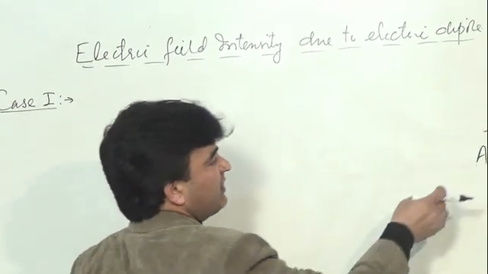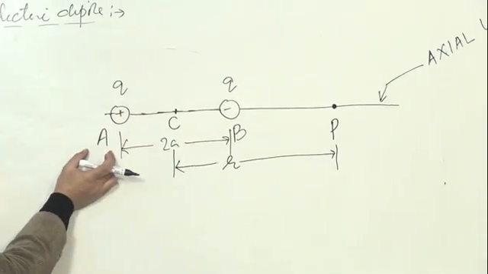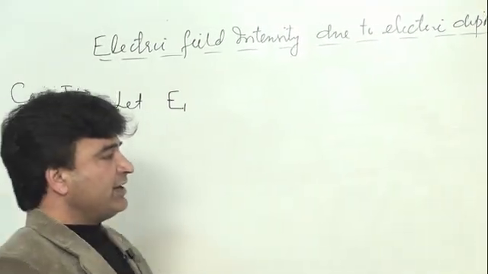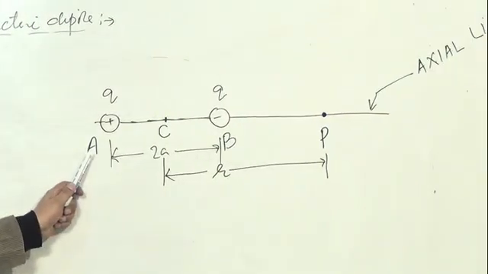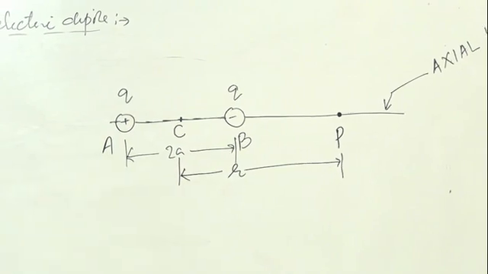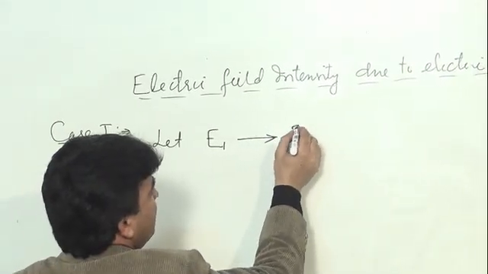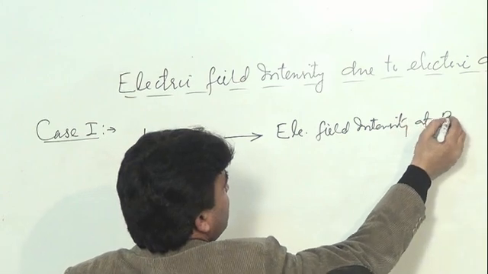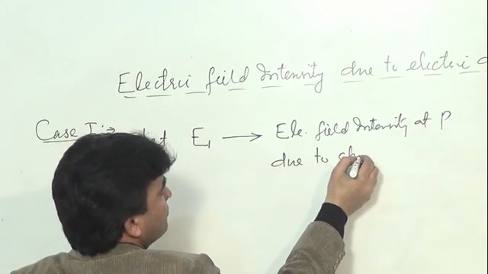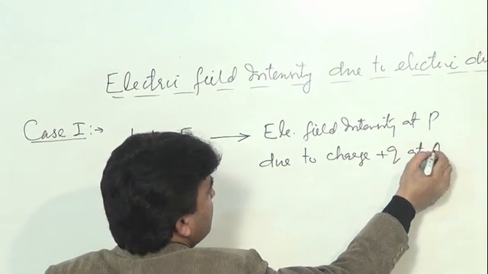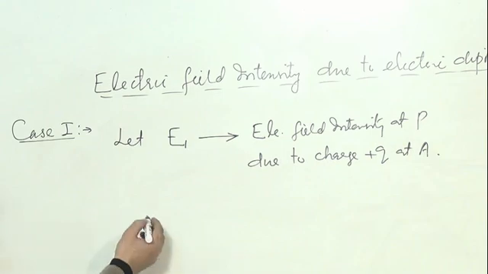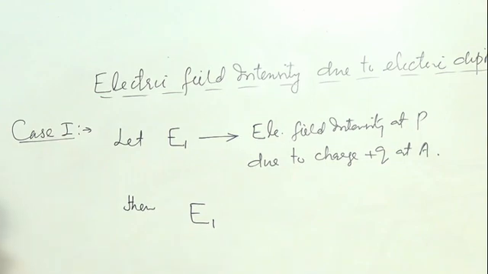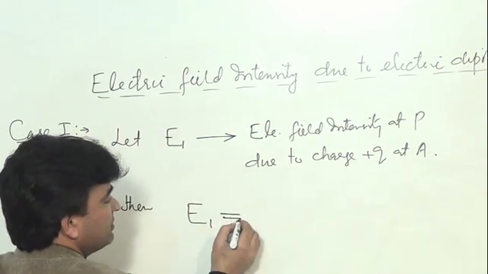Let us consider first of all charge plus Q at A. Let E1 be the electric field at P due to charge plus Q at A. E1 will represent the electric field intensity at P due to charge plus Q at A. Then the value of E1, the electric field intensity at P due to the charge at A, is equal to